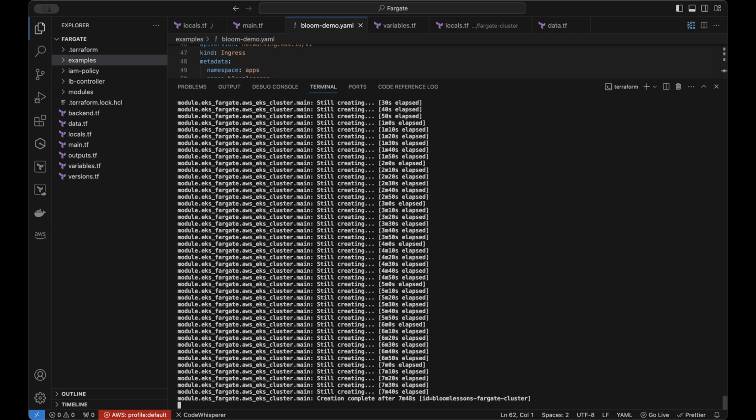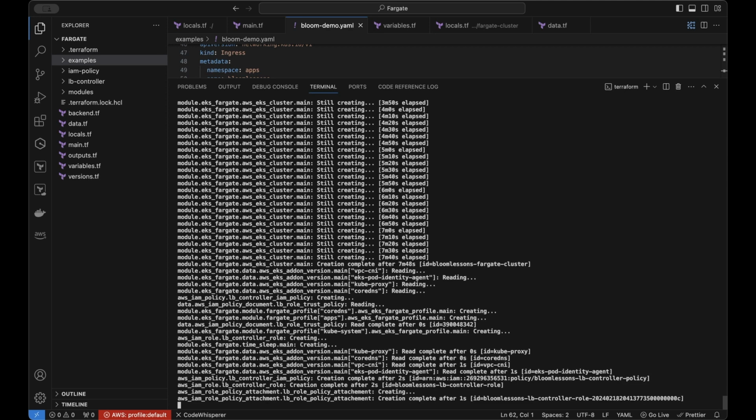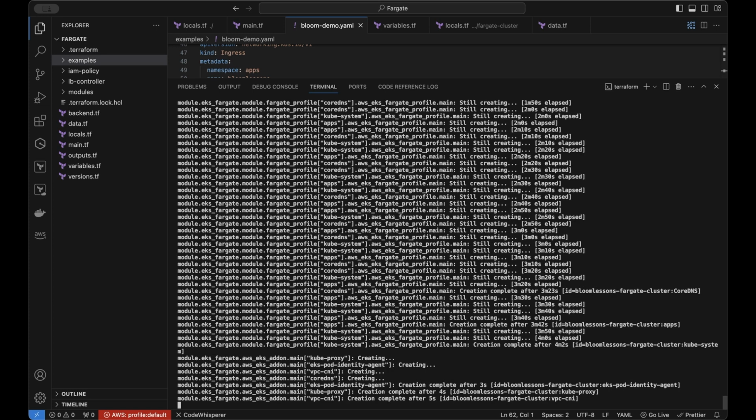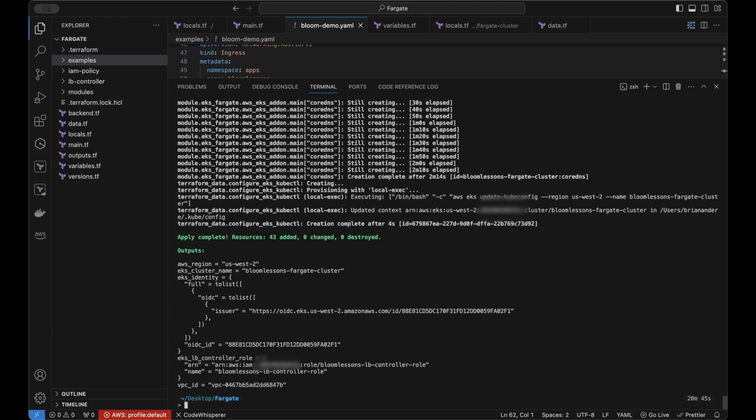Yeah, the cluster has finished creating. Now we need to create the other things that are dependent on the cluster. So now the profiles are creating. Profiles have finished creating. Now we're installing the add-ons. Everything has been created, and if you don't get any errors, this is the kind of output you'll get, and